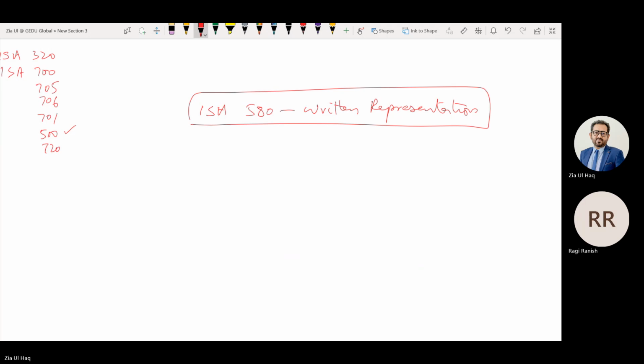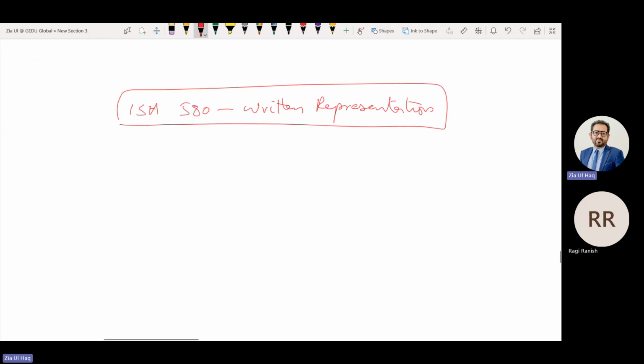Sometimes during audit, there are some account balances against which we are unable to obtain sufficient evidence. Sufficient means quantity. So to make the audit evidence sufficient, we require some additional evidence from company management.